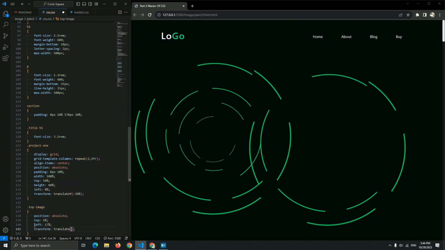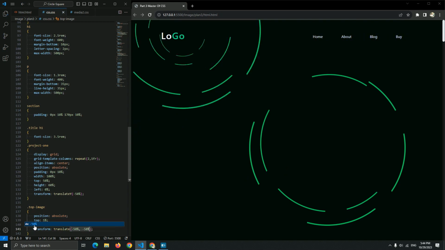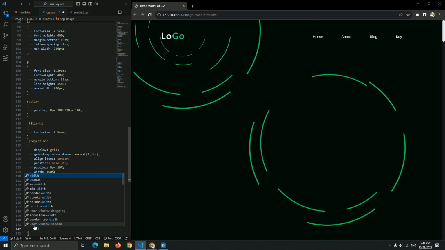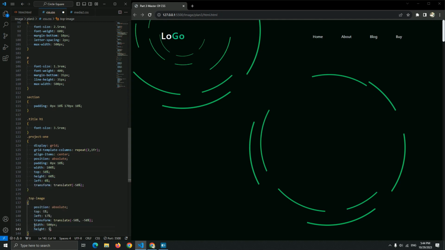Okay, transform translate minus 50% and minus 50%. Yep, now it's up over this logo, as you can see it, but let me resize the image to be a little smaller. So set the width and the height 500 pixel.